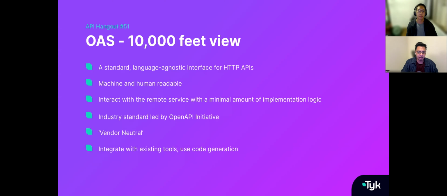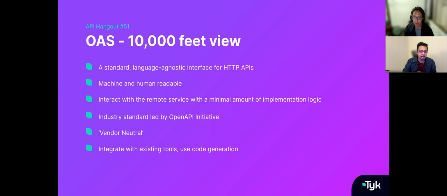This is the industry standard led by the OpenAPI Initiative, which Tyk has been a part of from, well, I think right from the beginning, or at least from the early days of the OpenAPI Initiative. And more importantly, I think OAS is vendor neutral, where an open standard, as it should be, is vendor neutral. So there isn't anything proprietary about it. Organizations can potentially have different implementations of it, but at the heart of it, there are specific practices, specific conventions that need to be followed in order for you to say that you are using an open API.